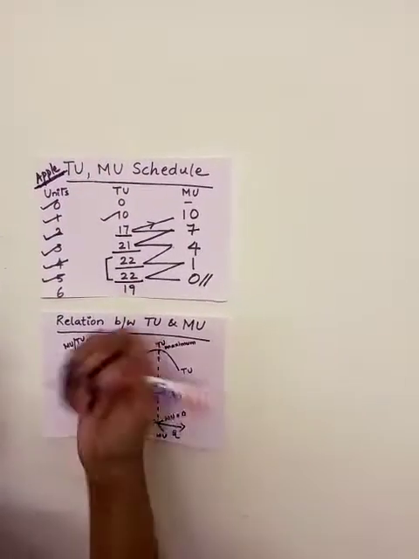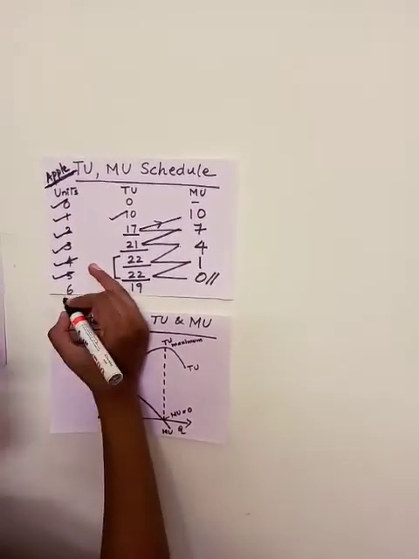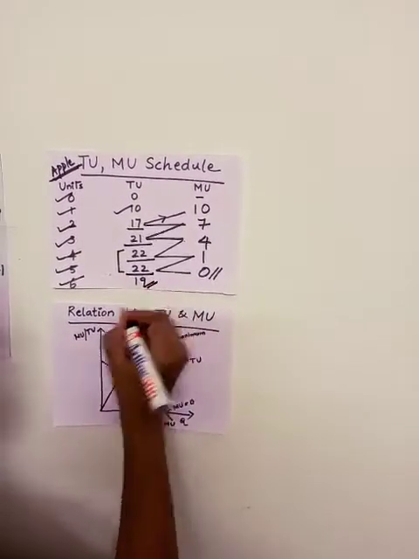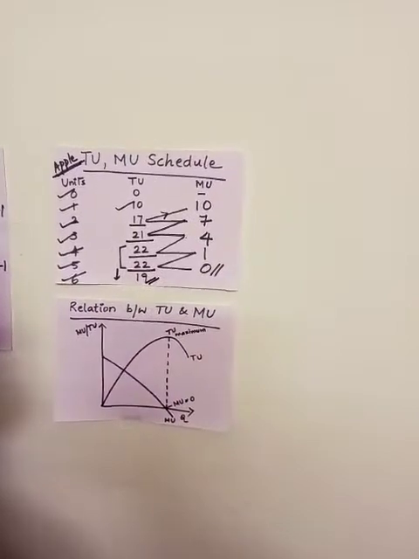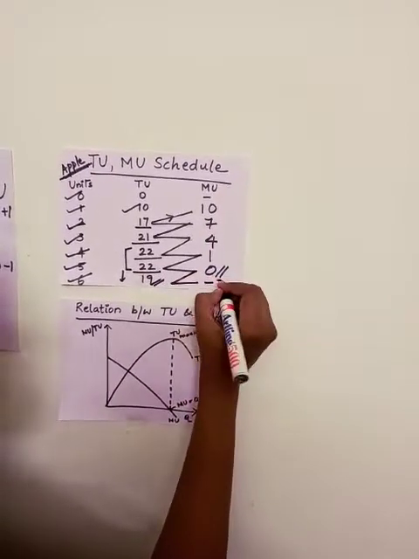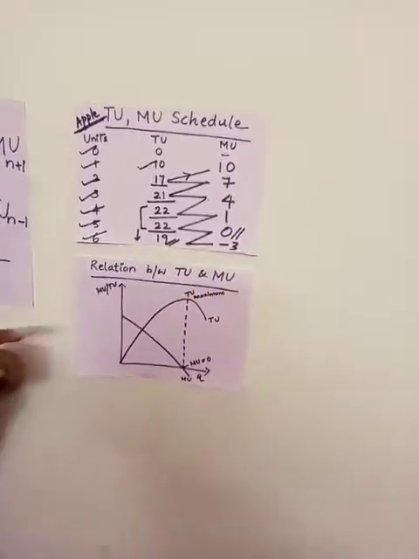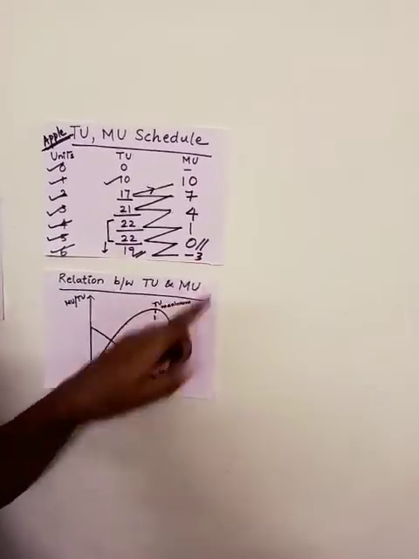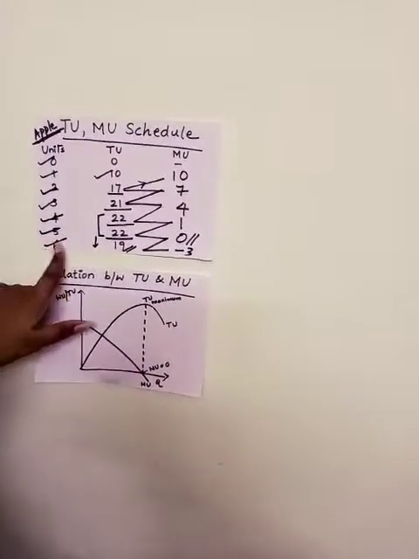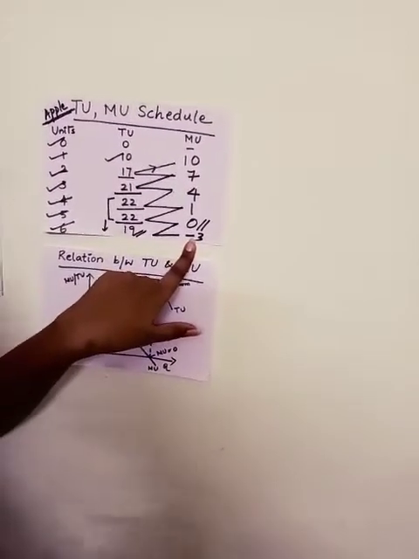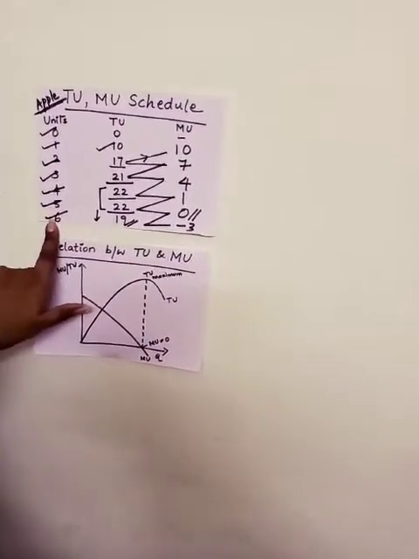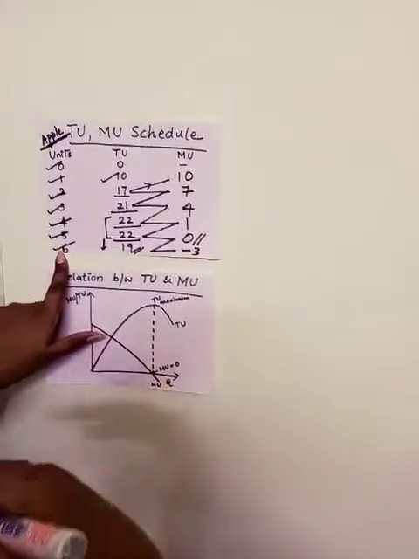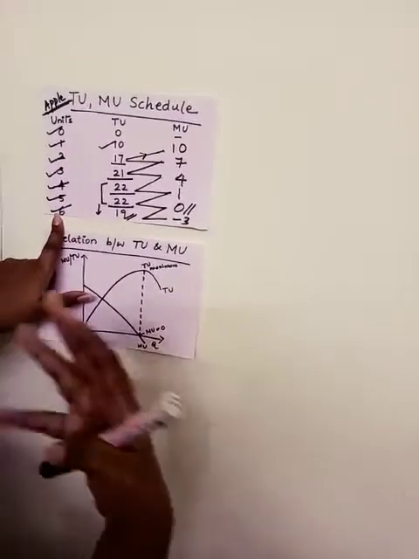Now if I give you the sixth apple, what will you feel? Your total utility is falling to 19. That means you are getting minus 3. Right? So 20, 21, 22. So minus 3 is your marginal utility now. So you may vomit, or you are fully done at the fifth apple. Even if I give you the sixth apple, your utility is all done.